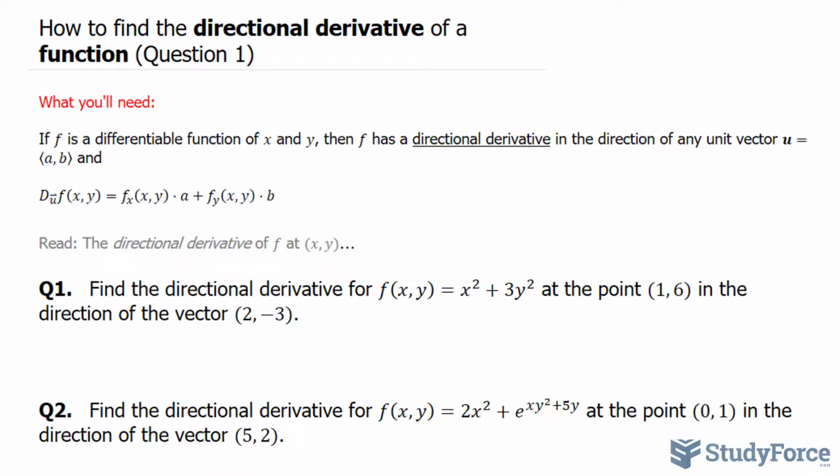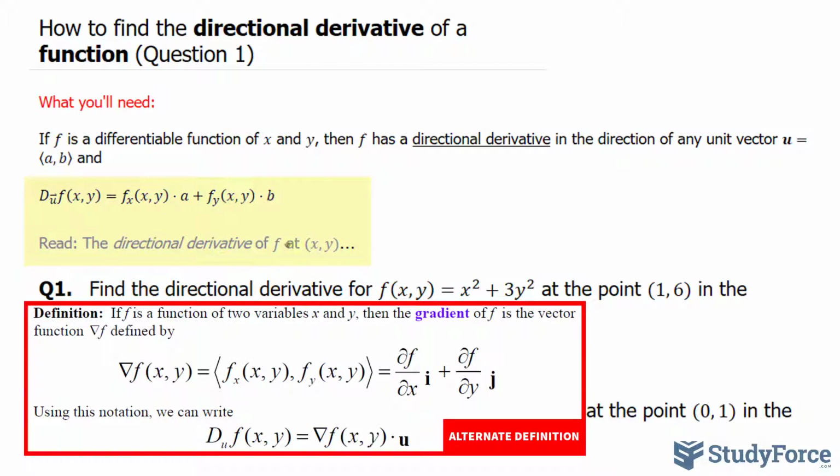In this lesson, I'll show you how to find the directional derivative of a function. This is question 1. What you'll need to be successful in this lesson is the following: that if f is a differentiable function of x and y, then f has a directional derivative in the direction of any vector we call u, a, b. And this can be represented mathematically as the following,